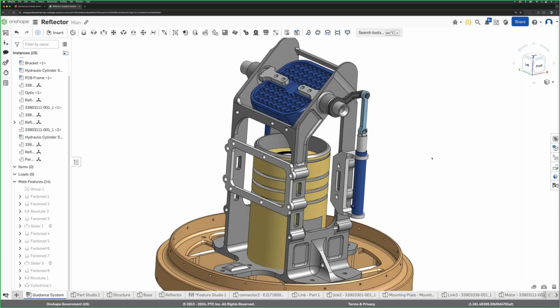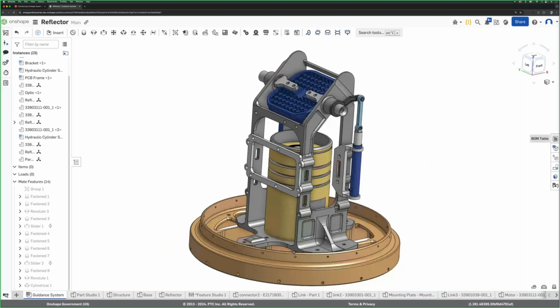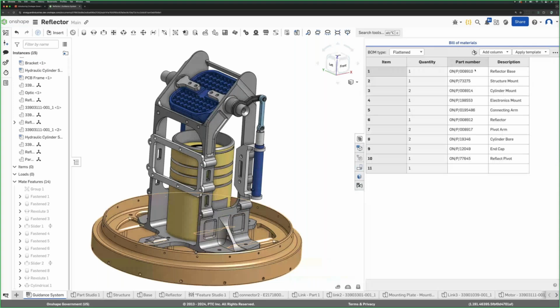For instance, the bill of materials in many other systems is just a table that goes into a drawing. In Onshape, it's something you can interact with. So I can go in and add columns. I can use this to cross-reference geometry in the actual interface. It's something I can interact with at the assembly level and isn't simply a table that goes into the drawing. Now, of course, it can, and I'll show you that in just a moment. But you can also